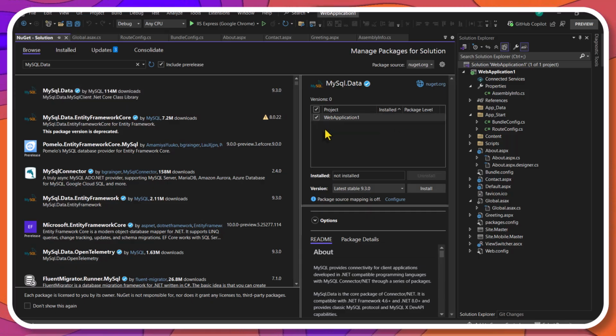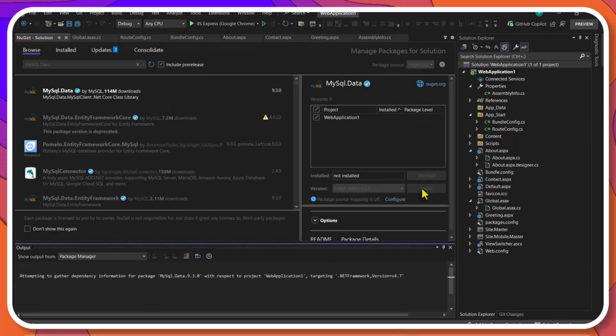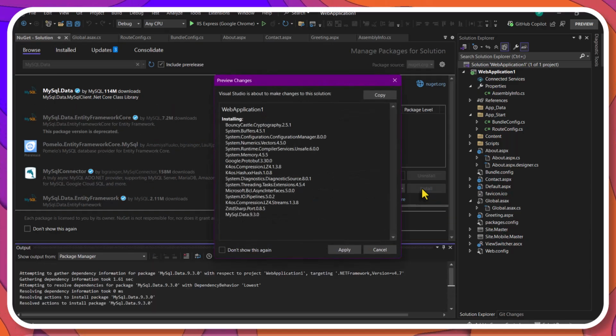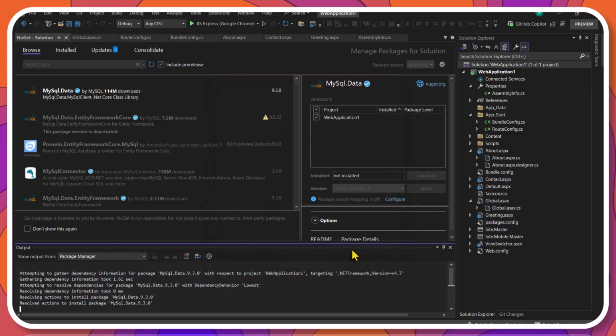Select Project and then Install. Some changes are going to take place by Visual Studio. Agree to apply and accept.